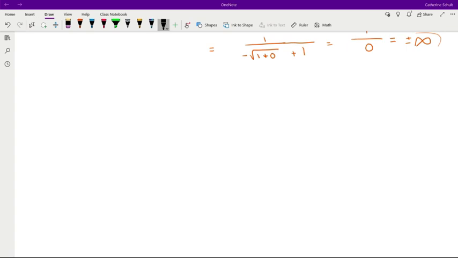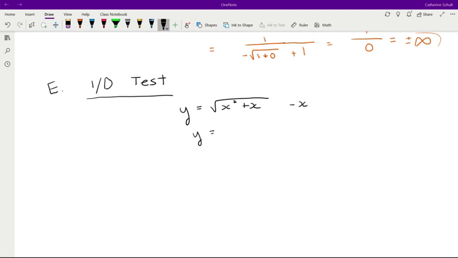Next up, we're going to be looking at the ID test. Okay, so increasing and decreasing test. How we do the increasing and decreasing test is first we have to take the derivative. Okay, so think of that square root as a 1/2 exponent. All right, so then y prime,